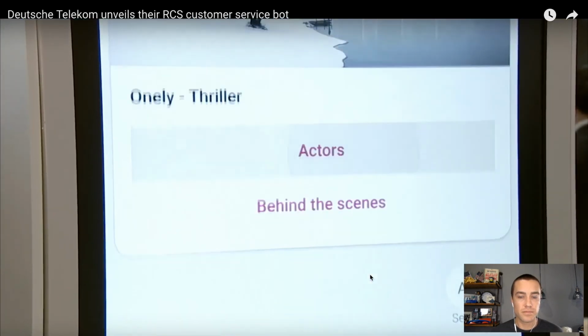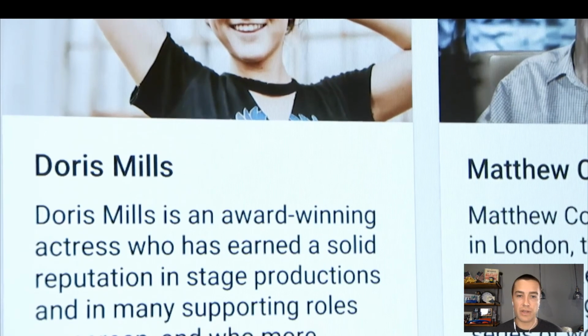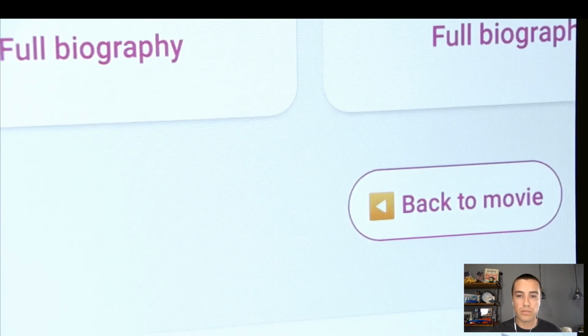Okay, again there, you see what she did is she clicked actors on her phone, and it's actually creating a message that has the message content actors, which then is being sent off to Deutsche Telekom for processing. On the actors, you could also see what else movies the actor played in. So this way... Okay, another carousel here. And then look at all that information you can have in a carousel. You have carousels embedded here, pictures, you can have QR codes, and...